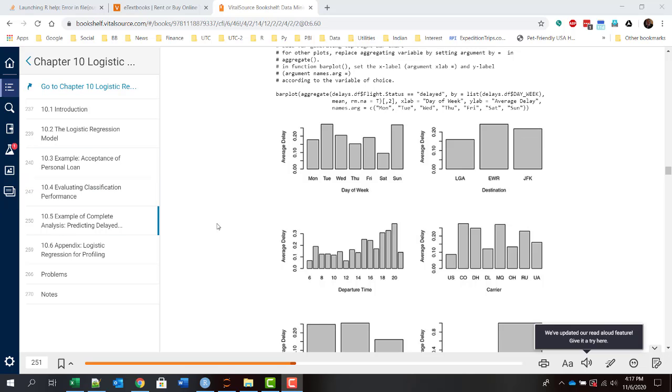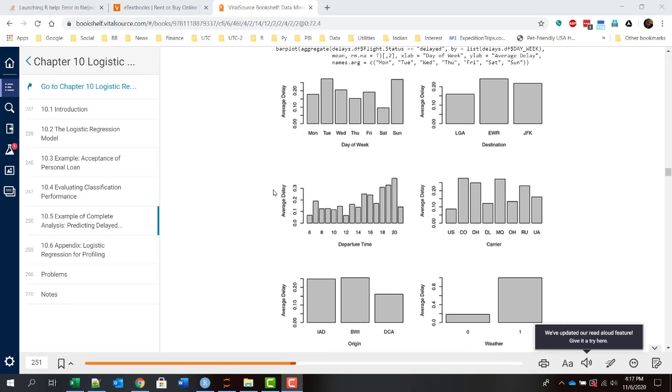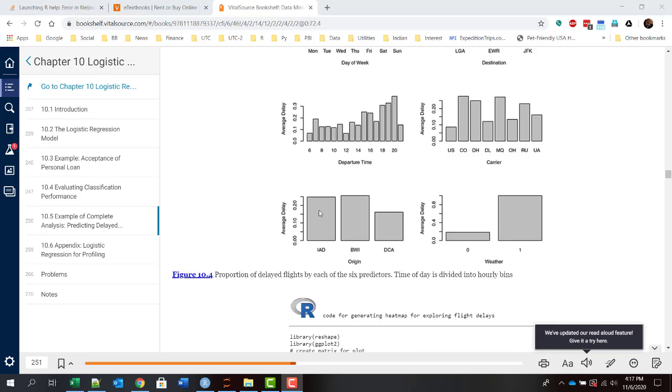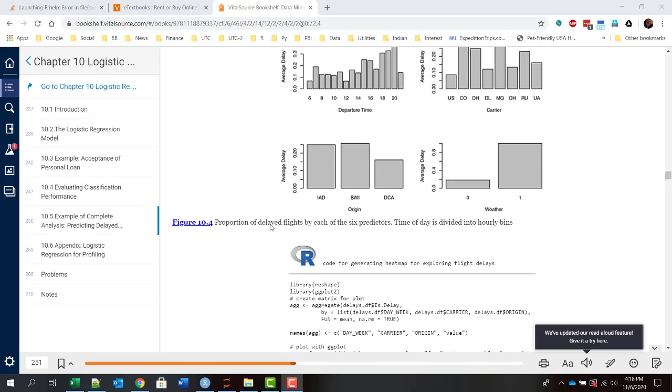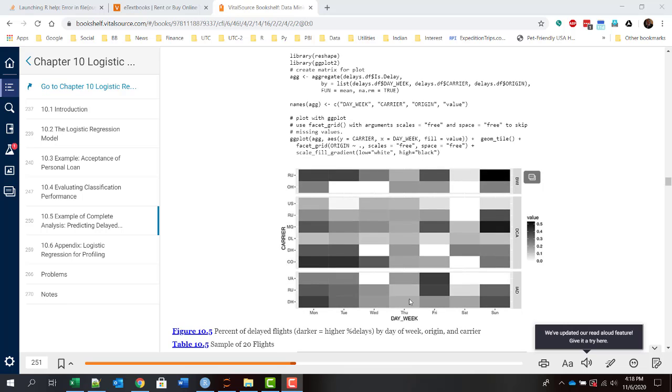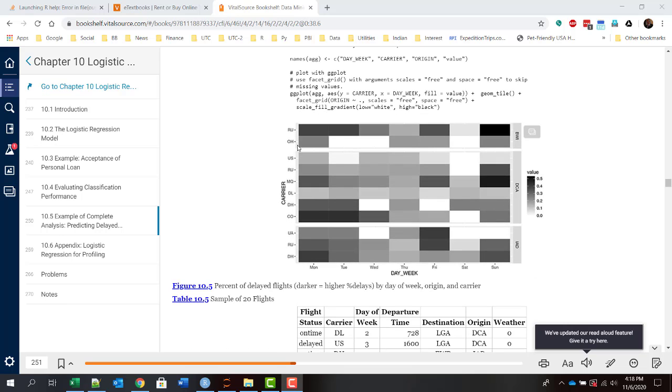One way of trying to understand what kind of relationship there is between those flights that get delayed and other predictors like day of the week: Is there a day of the week effect? Is there a destination effect? Is there an origin effect? Is there a departure time effect? Or is it specific to carrier? And so on. So here we're going to see how to generate these plots, and also a plot of a